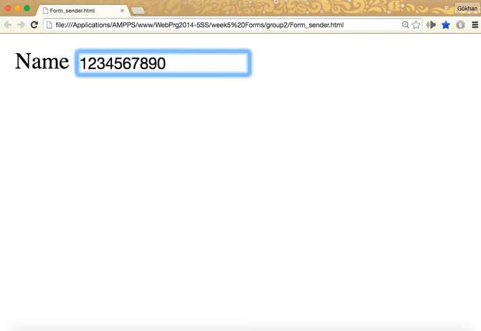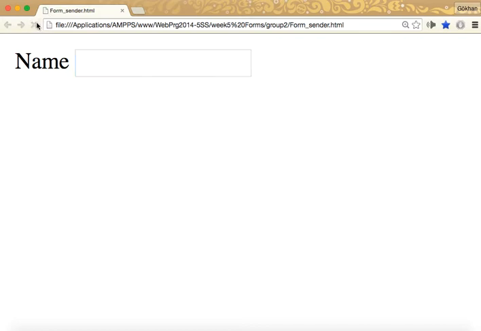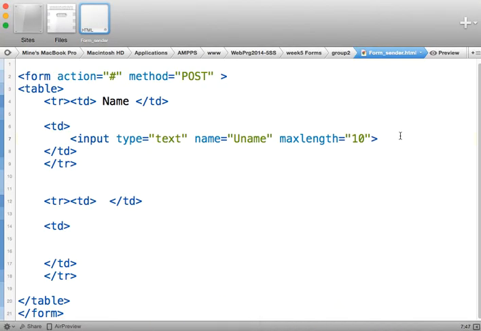So in case you would like to limit the user to write something within a limitation, the maxlength is going to be helpful for you. When I refresh the page, as you see, the cursor is not blinking. I mean, if I type something, it's not typing anywhere. If you want the cursor to go into a text field and blink there and make the user start filling the form, we have another attribute. The attribute is